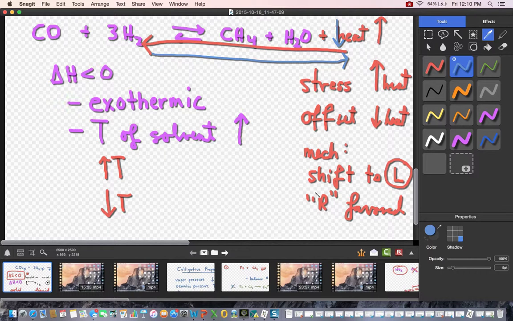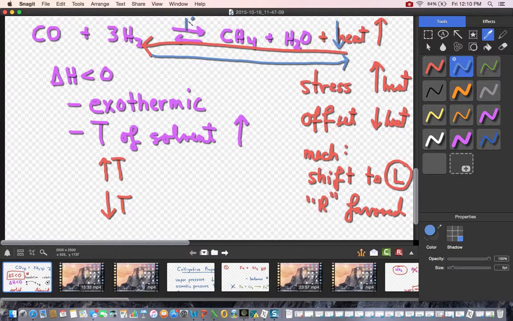Where it shifts is dependent upon whether it is an exothermic reaction or an endothermic reaction. Now, there is an equilibrium constant that governs this reaction. The mathematical value of the equilibrium constant will only change when the temperature changes. The equilibrium constant value will go down for an exothermic reaction because, again, you favor reactants. And what we need to remember